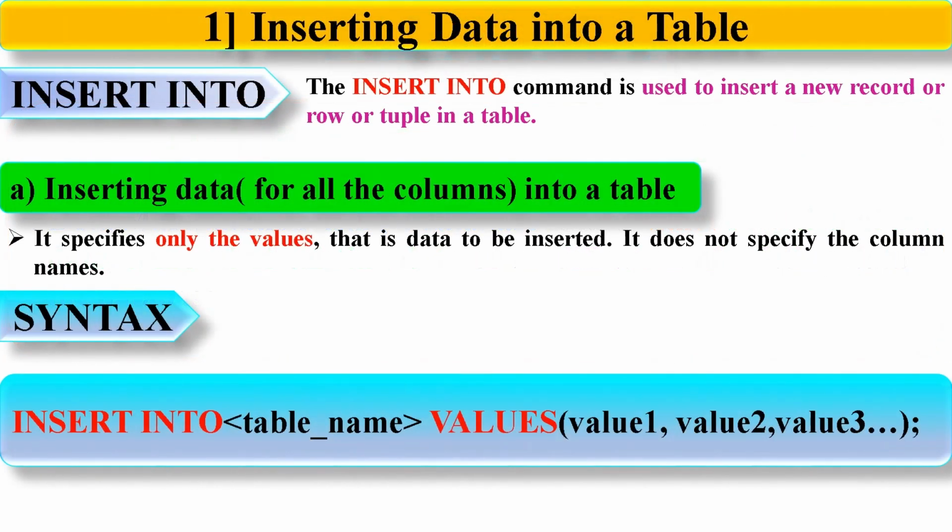Let's learn about how to insert data into a table. The insert into command is used to insert a new record or row or tuple in a table. It is possible to write the insert into statement in different forms. The first form is inserting data for all the columns into a table. In this first method, it specifies only the values, that is data to be inserted. It does not specify the column names. The syntax is insert into table_name values (value1, value2, value3, ...);